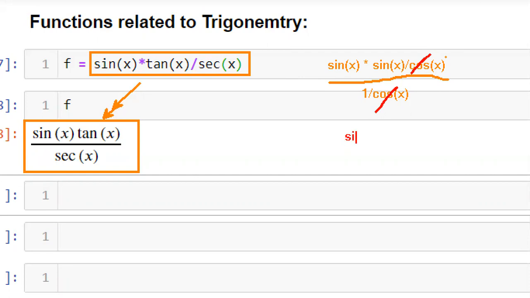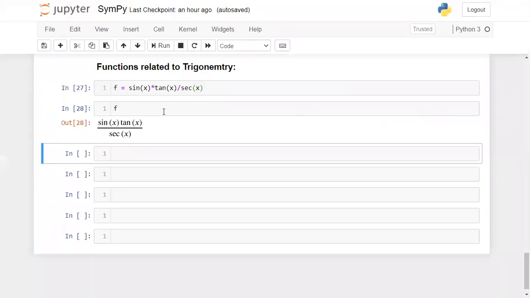So in the numerator what we have is sin x multiplied by sin x, yes or no? In the denominator we have 1, so you can ignore that 1 here. Okay, so after calculating this we'll get sin square x, yes or no? After calculating all these operations we'll get this sin square x value on the screen. Now when I'm trying to simplify this trigonometric expression, I'll get this sin square x value at the end.